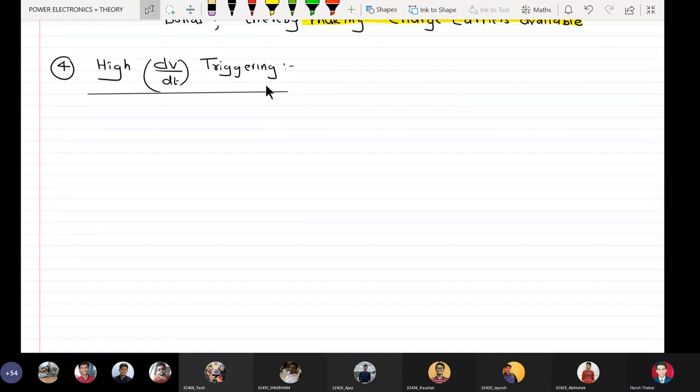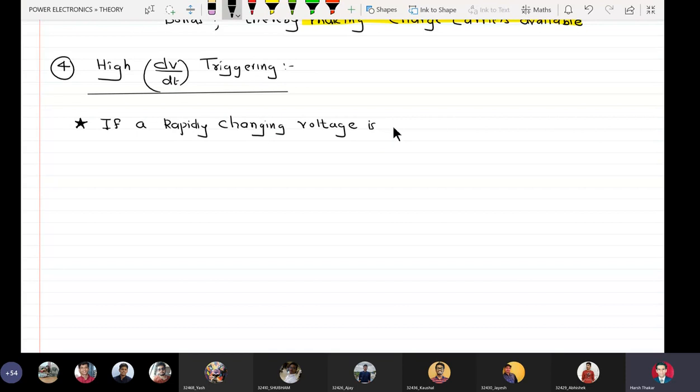The statement is: if a rapidly changing voltage is applied at anode with respect to cathode